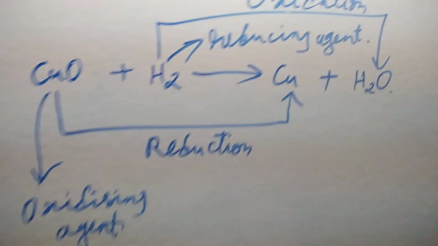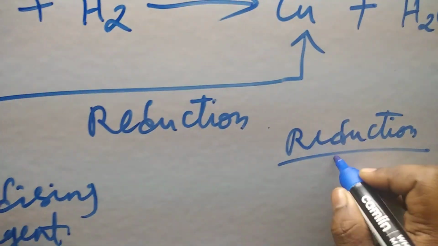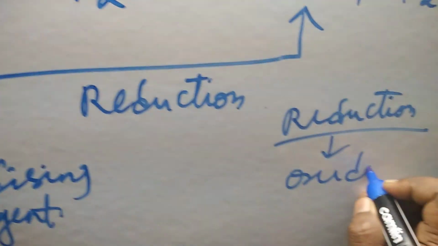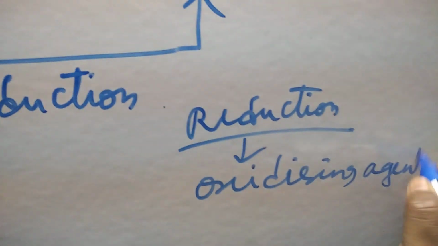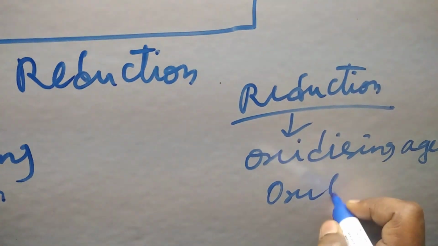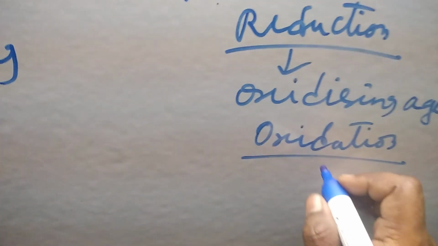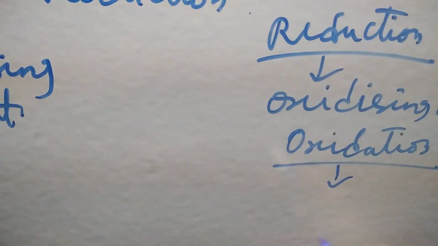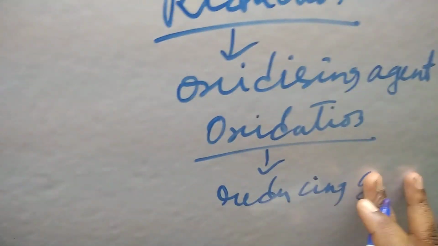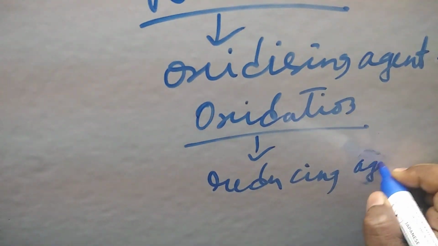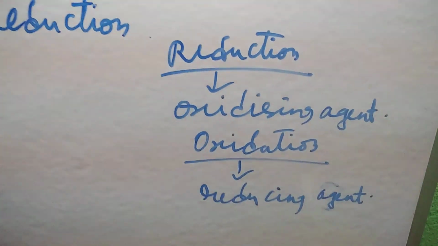Just remember one thing: in a reduction reaction the reactant is always the oxidizing agent, and in an oxidation reaction the reactant will be the reducing agent. Don't get confused between oxidizing agent and reducing agent. Okay students,